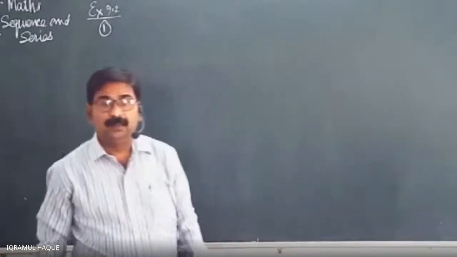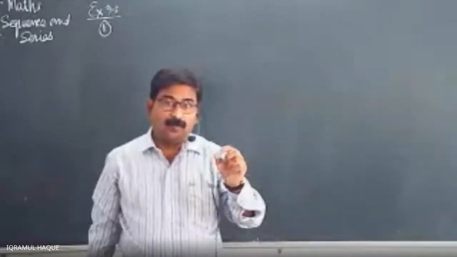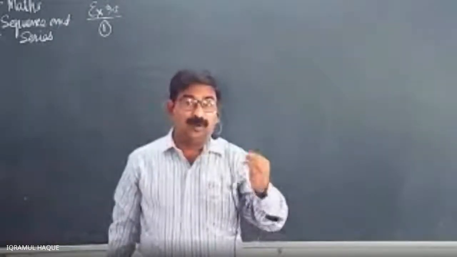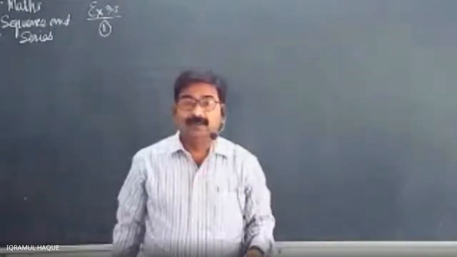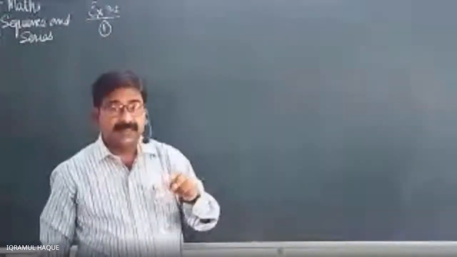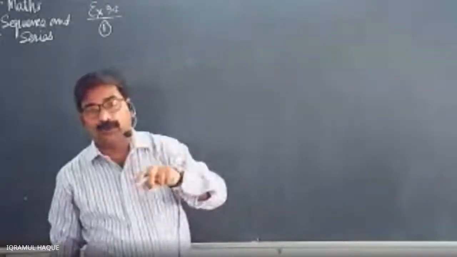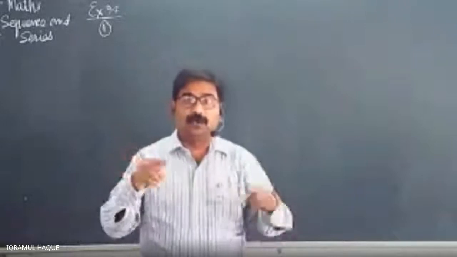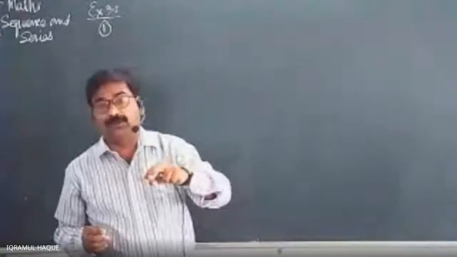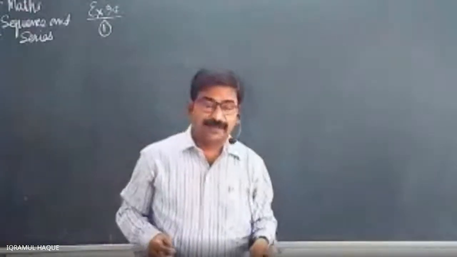Try to understand. A question is asked in two types: from 1 to 2001, or between 1 to 2001. When we are given from, the word from means the extremes are included. Like from 1 to 2001 means 1 and 2001 both are included. And when you are asked between 1 to 2001, the extremes 1 and 2001 will be excluded.